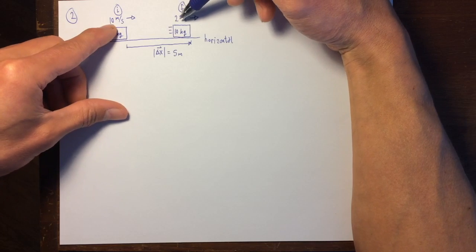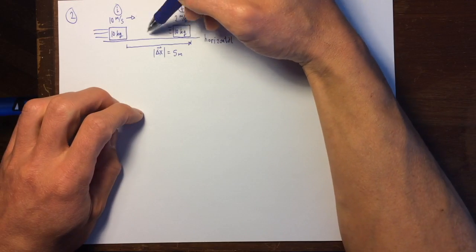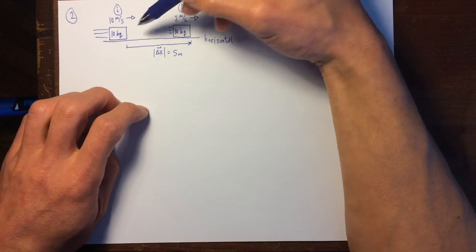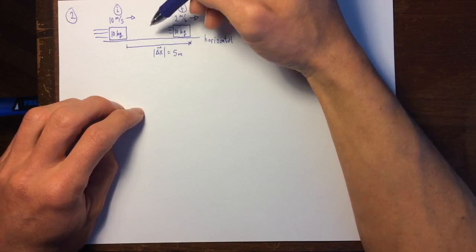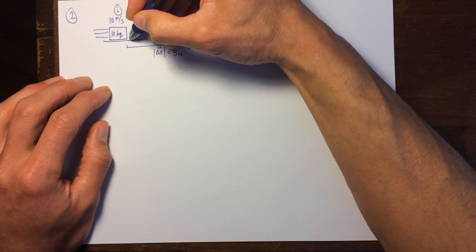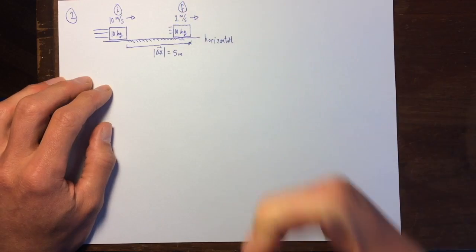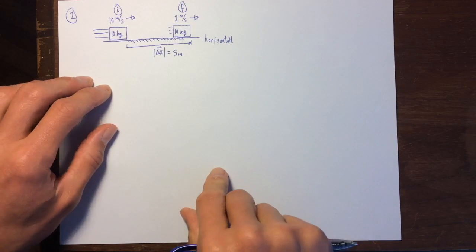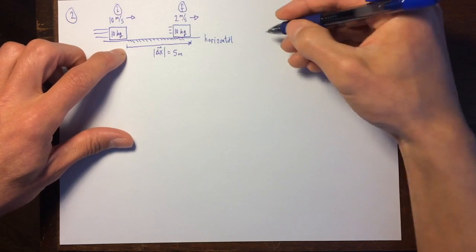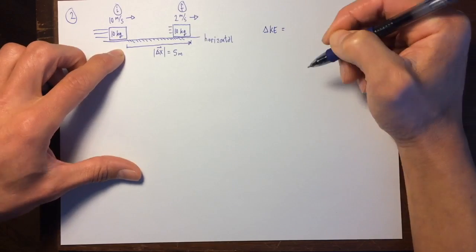And so there's lots and lots of reasons for the object to have slowed down. It could have been that there's a bunch of air, so there's air resistance that the box meets. Another reason that the box could have slowed down is if the horizontal table here was rough in some sense. Yeah, so it doesn't really matter, but the point is I can say that there is an ultimate change in